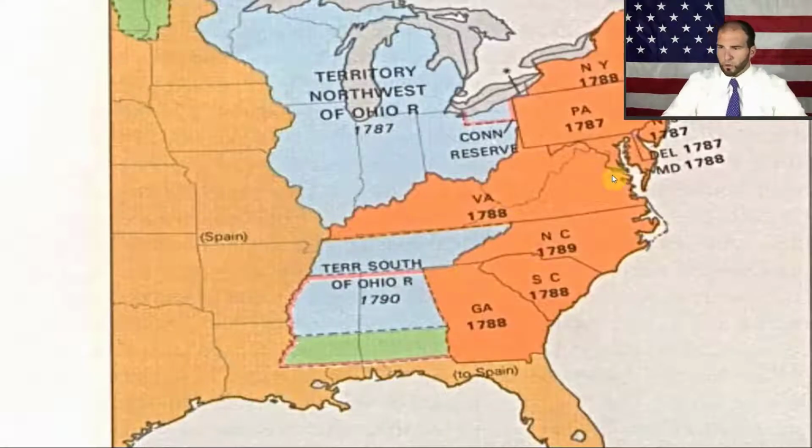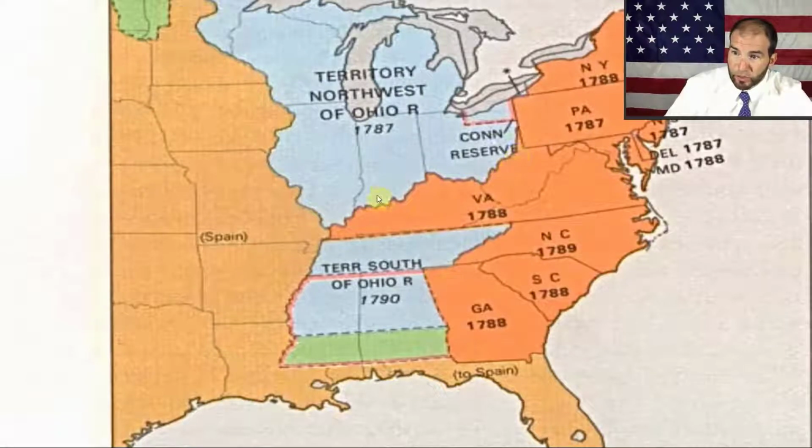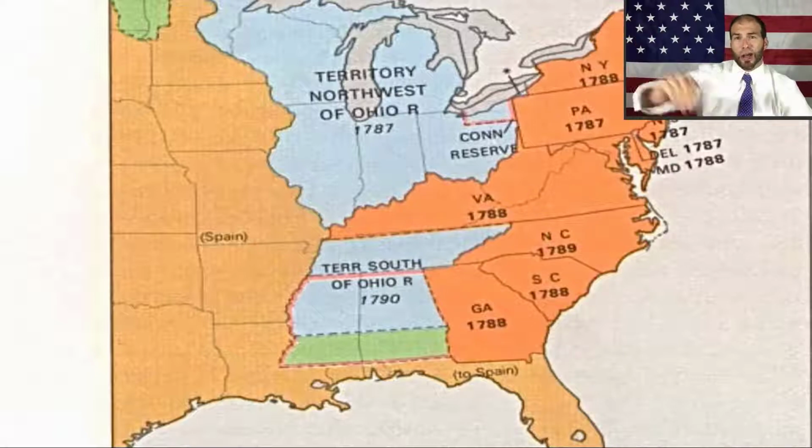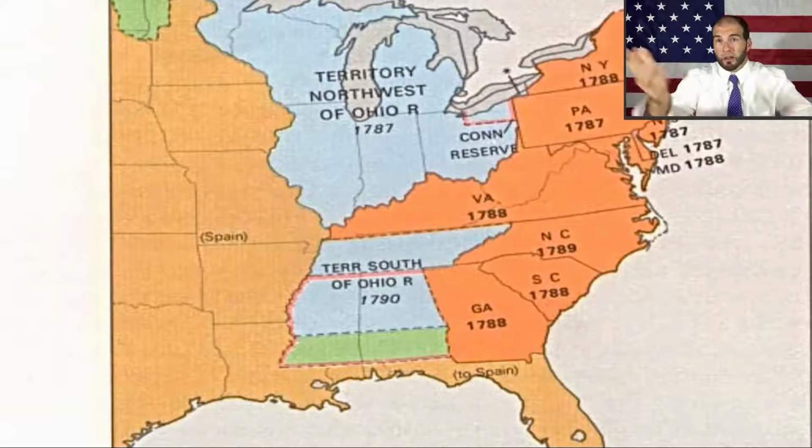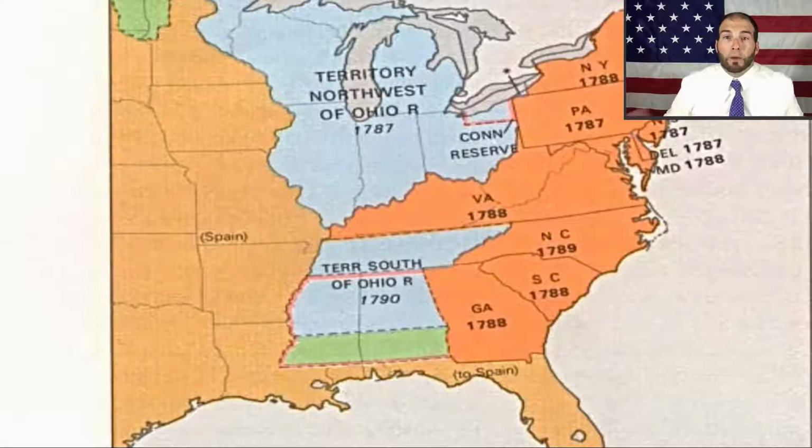Well, Virginia here, and this is Virginia. All right, so when we talk about Virginia, it's what is present day Virginia, Kentucky, and West Virginia, a huge area. By far the most populated state. Virginia says, I know how we do representation. Let's base it on population. If you have a bigger population, you have more representatives. That makes sense. And to Virginia, it does, all right? Because, hey, you should have more power in the government if you have more people that need representation. So all the big states are, yeah, that's cool, all right?